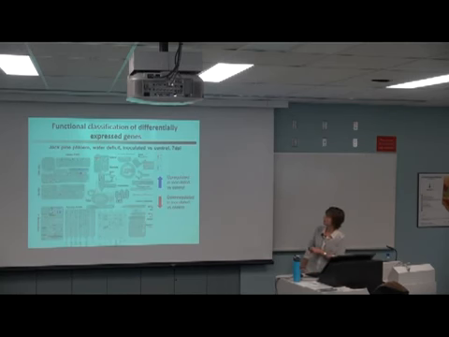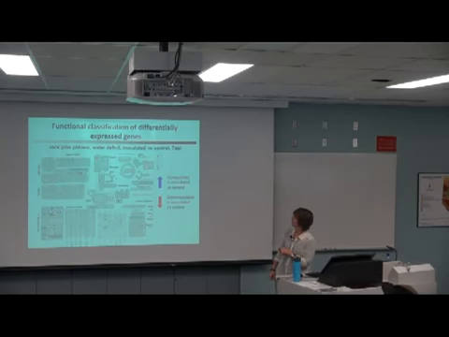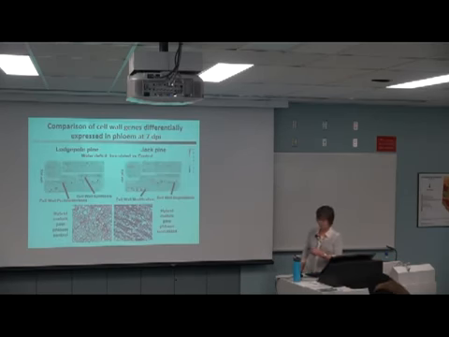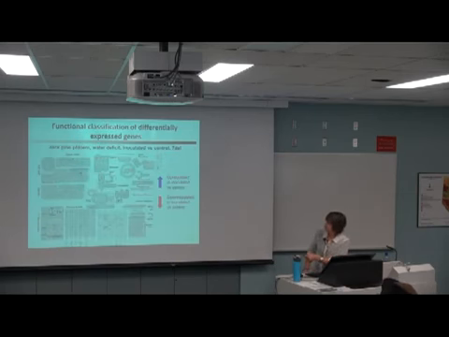And so in this schema, I'm going to show you a few slides just to give you a flavor of what we've been doing. Blue is upregulated in inoculated plants versus control plants, and red is downregulated in inoculated versus control plants. And so each square represents a different gene, and the darker that square is, the more that gene is upregulated or downregulated. So there's lots and lots of different bins in here.